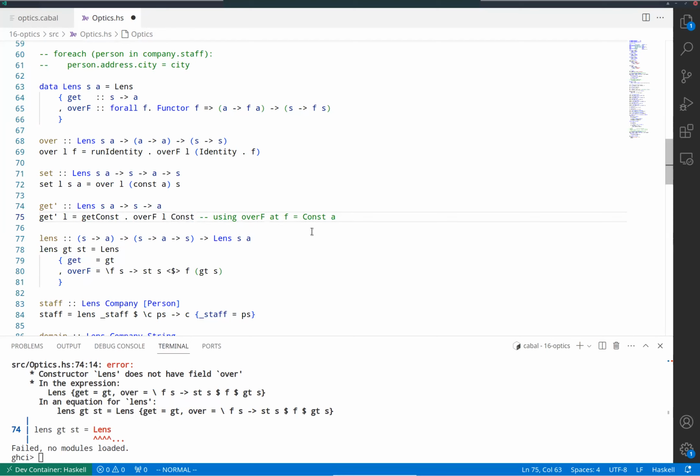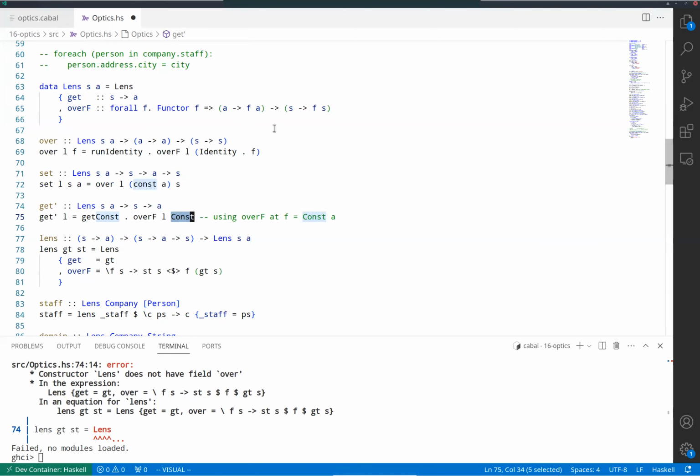So the over f function, the functor is now const a. So what I need here is something of type a to const a. This is just const. So it just wraps the a it finds inside the s